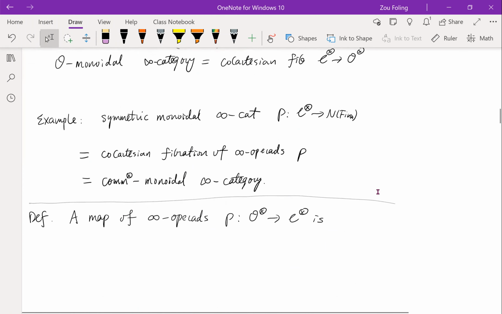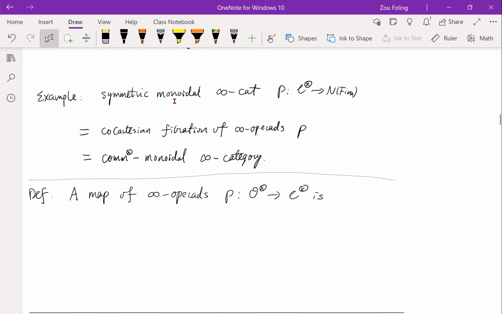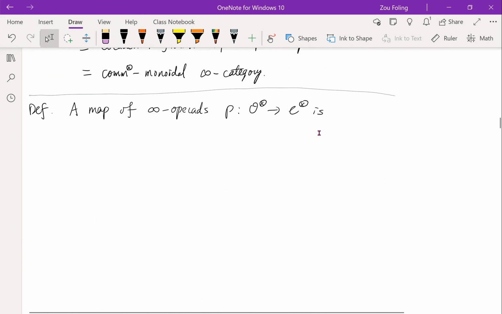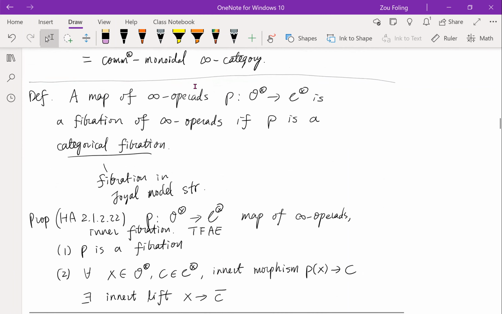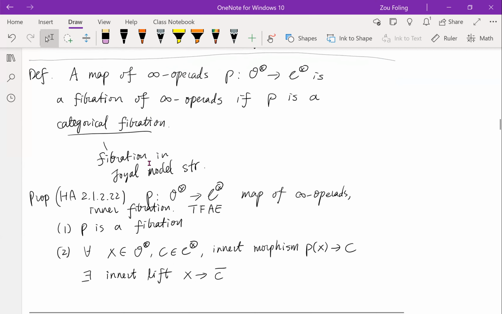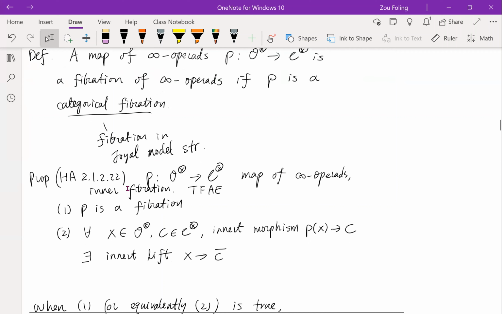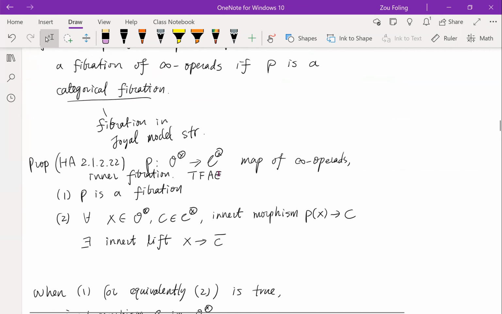Yep. Okay, so now this is a notion called co-Cartesian fibration between infinity operads. And next is a notion of fibration between infinity operads. A map of infinity operads is called a fibration of infinity operads if it is a categorical fibration. And this means fibrations in the Joyal model structure. And you can take this as a black box. And if I already have a map of operads which is an inner fibration, then the following are equivalent: number 1 is a fibration. Number 2,